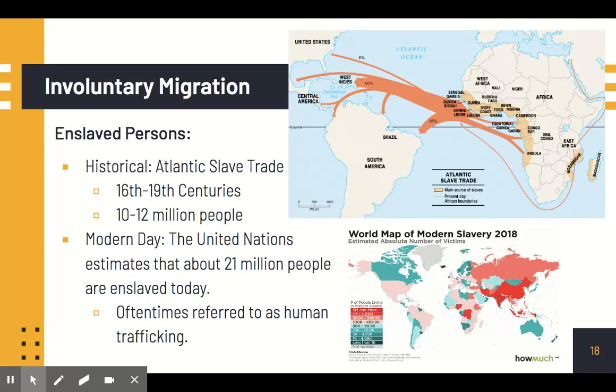But you can see where human trafficking is more common. The red, I'm looking at the bottom map here, the red is 5 million or more people living in modern day slavery or human trafficking. And there are a whole host of reasons for human trafficking that, if you're interested in this, you can look up on your own, but it is not an easy thing. So sorry for that